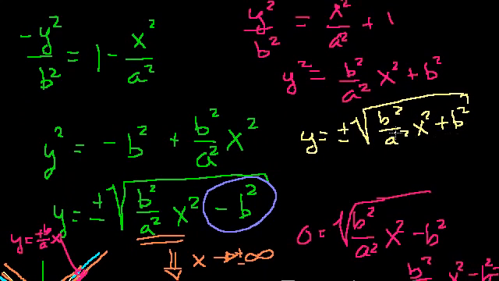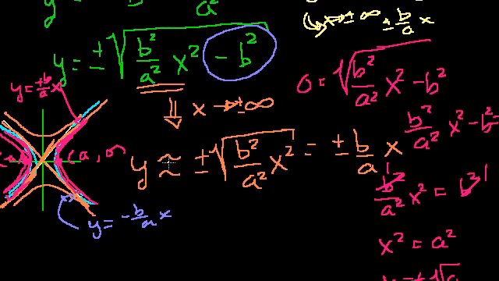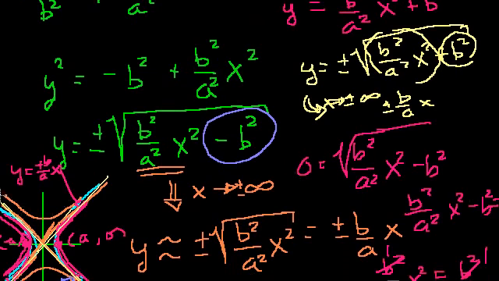We can make that same argument that as x approaches positive or negative infinity, this little constant term right here isn't going to matter as much. So you're just going to take the square root of this term right here, which is essentially plus or minus b over a x. And once again, those are these same two asymptotes, which I'll redraw here. That line and that line. But in this case, we're always a little bit larger than the asymptotes. Especially in the positive quadrant, that tells us we're going to be up here